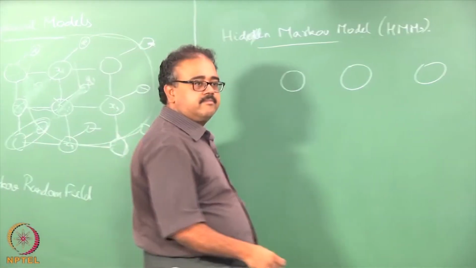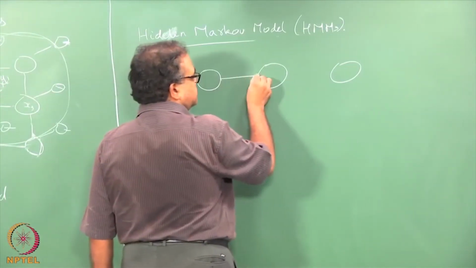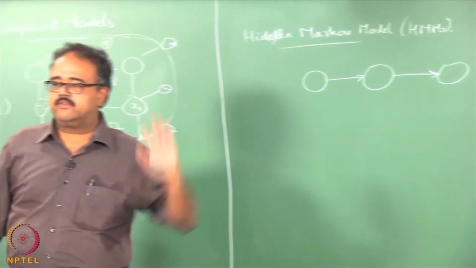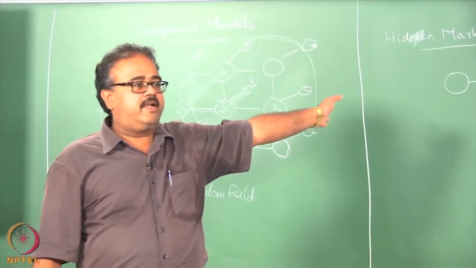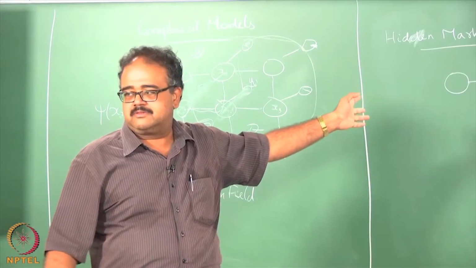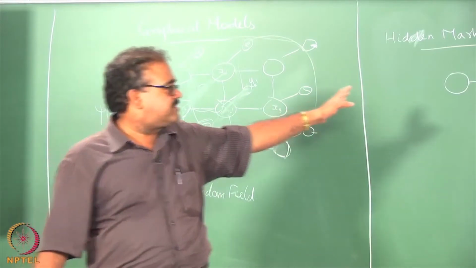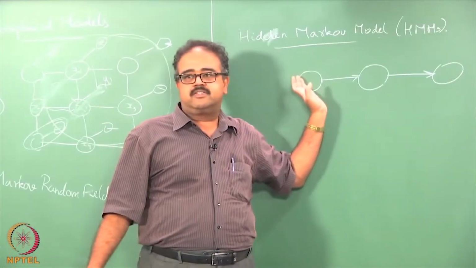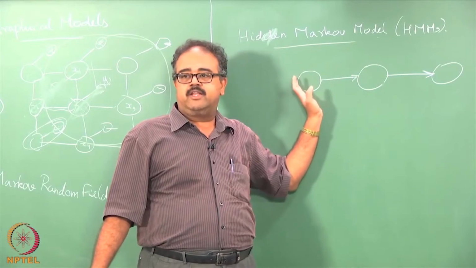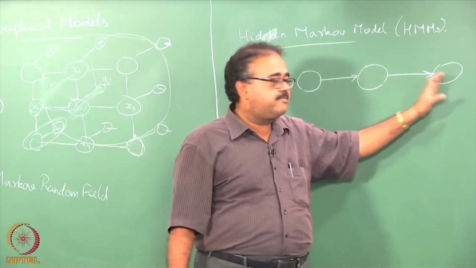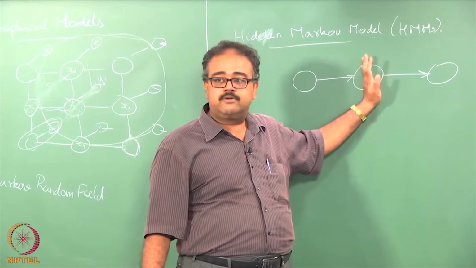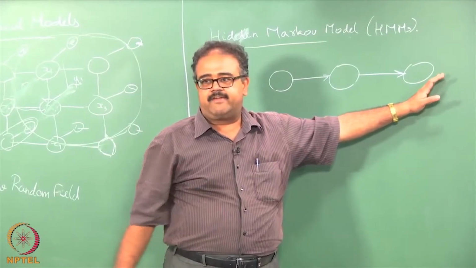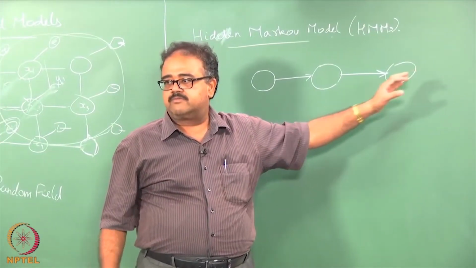So what would that mean? Okay, so it's left to right. That is the earliest point in time. There is no time; it's just a sequence. Just the first element in the sequence, the second element, the third element, and because it's Markov, this will be dependent only on the previous one. This will be dependent only on the previous one. So knowing this value makes this independent of anything that came before. So this is essentially the graphical model version of Markov.